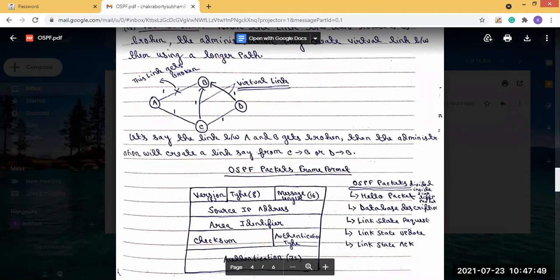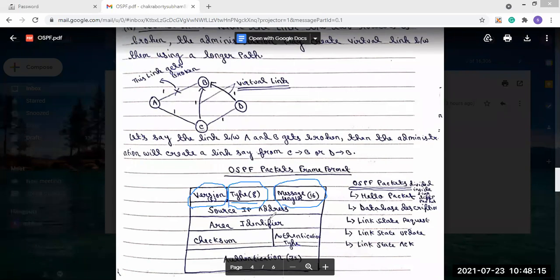Now in this frame format, you can see that first the version is present. The version is 8 bits. Next is type, which is also 8 bits. Then message length, which is 16 bits.